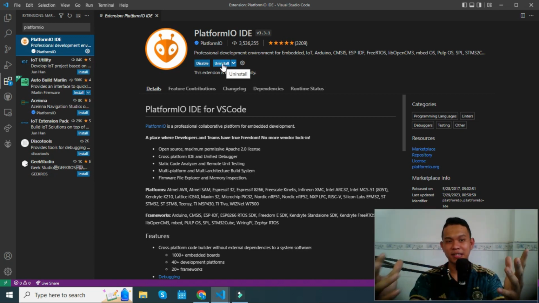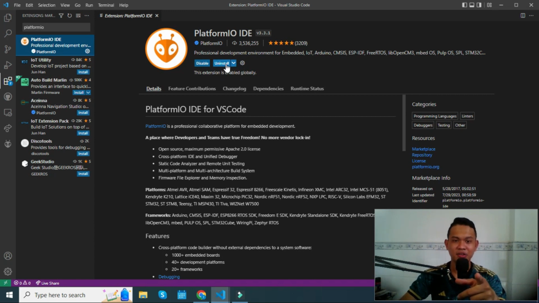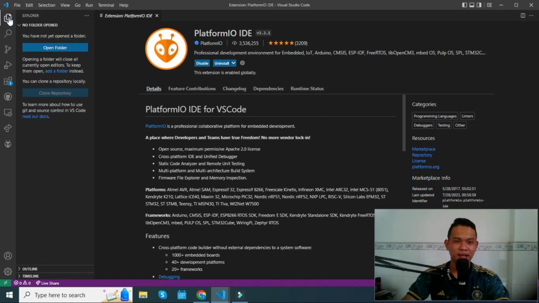If you haven't installed PlatformIO for Visual Studio Code, you can click install here and wait a few minutes. Then when PlatformIO is installed successfully,